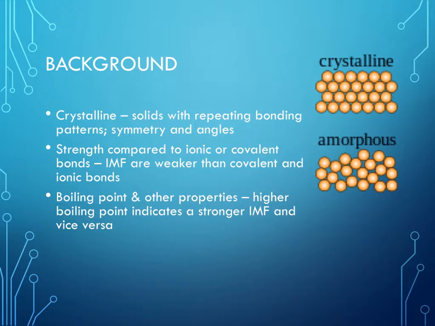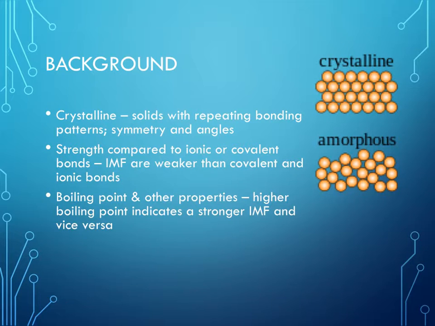Two types of solids that you could encounter are crystalline and amorphous. In a crystalline solid, you have an orderly arrangement of the particles, as you can see in this image in the upper right hand corner. You see that the lines of the molecules are all in straight lines, and they are all ordered. Now in amorphous, you can see that the particles are randomly and haphazardly there,